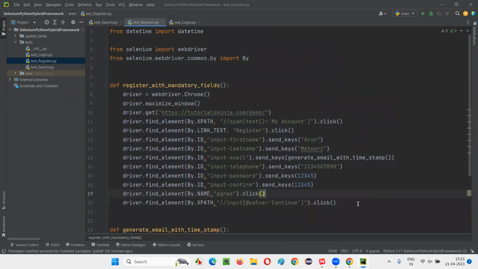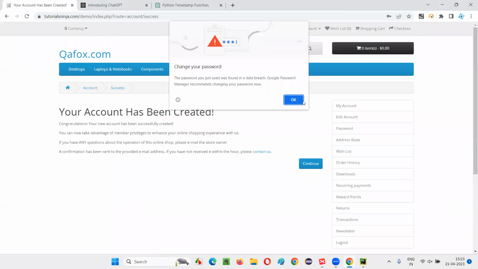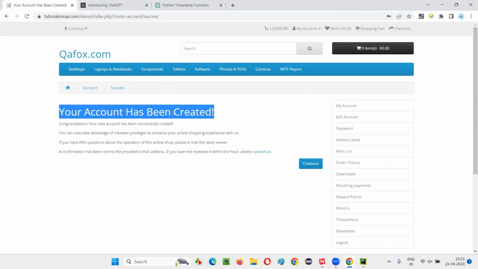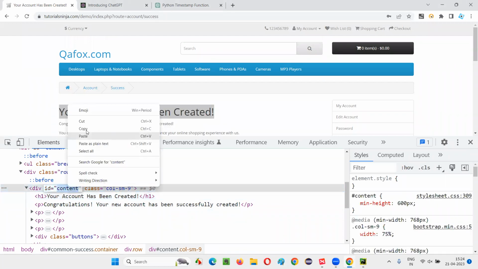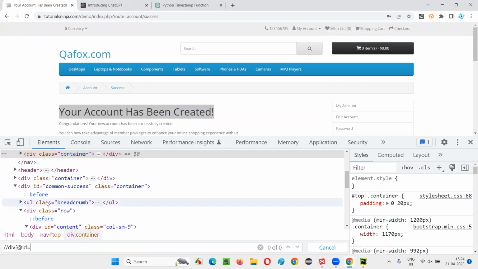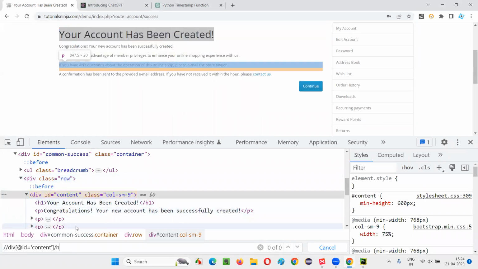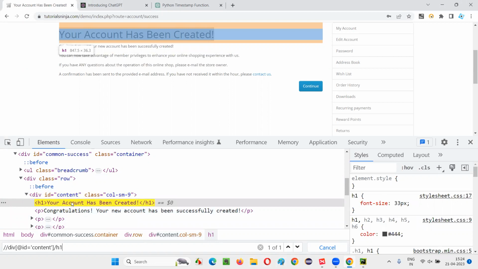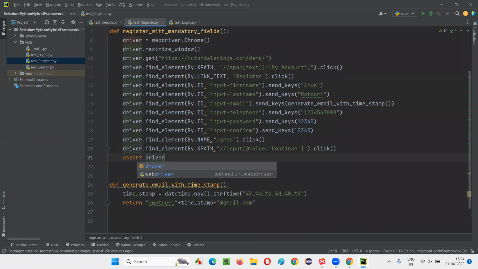So one automation test is done, and finally we have to verify whether we have really got logged in or not. Once you get logged in, you have to verify this heading, let's say 'Your Account Has Been Created', which should be coming here. Inspect that. See here, this is in the H1 tag. See here we have the ID. Copy this ID and create an XPath expression, //div[@id=...], give the ID of that. And under the div ID, we have this h1. You see, it locates only one thing, that is this heading. Copy this XPath expression and write assert driver.find_element by XPath, give the XPath expression of that,